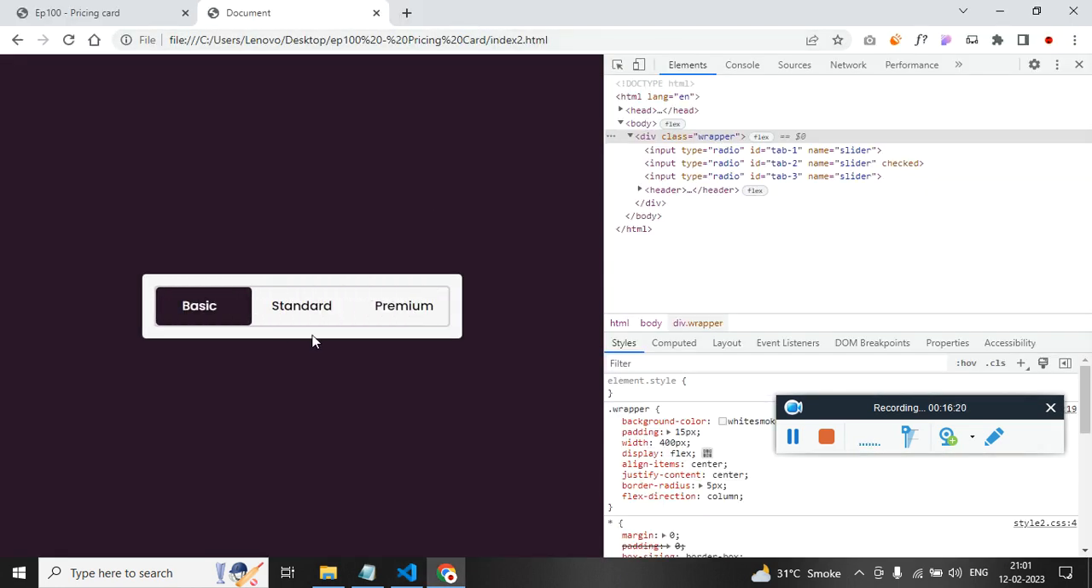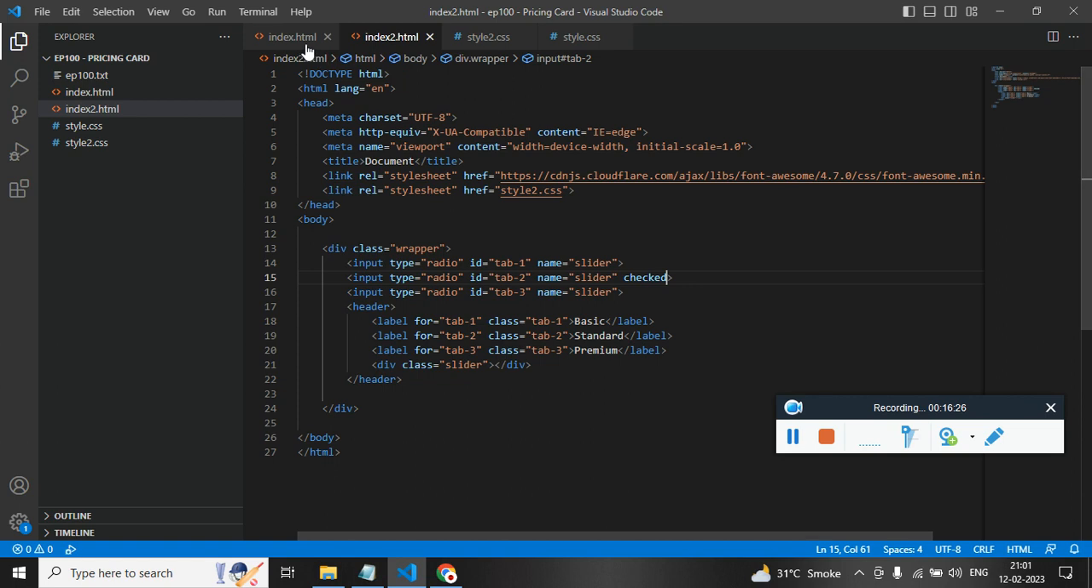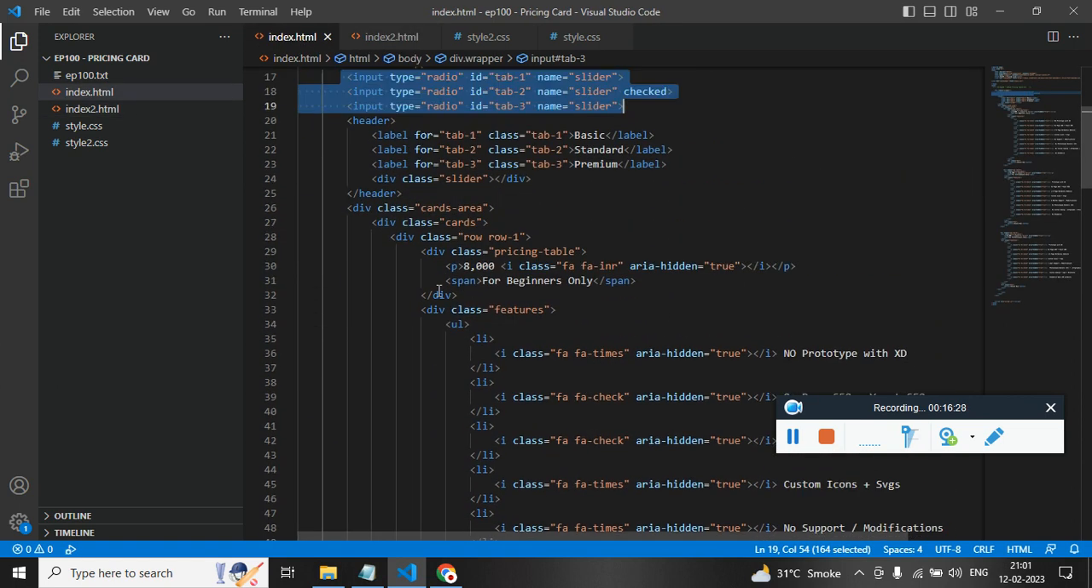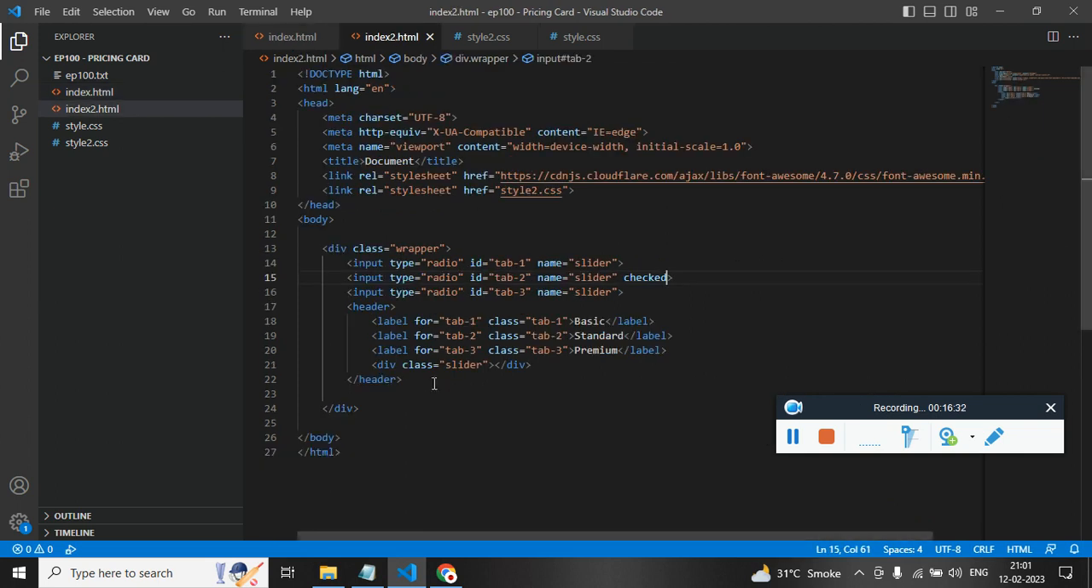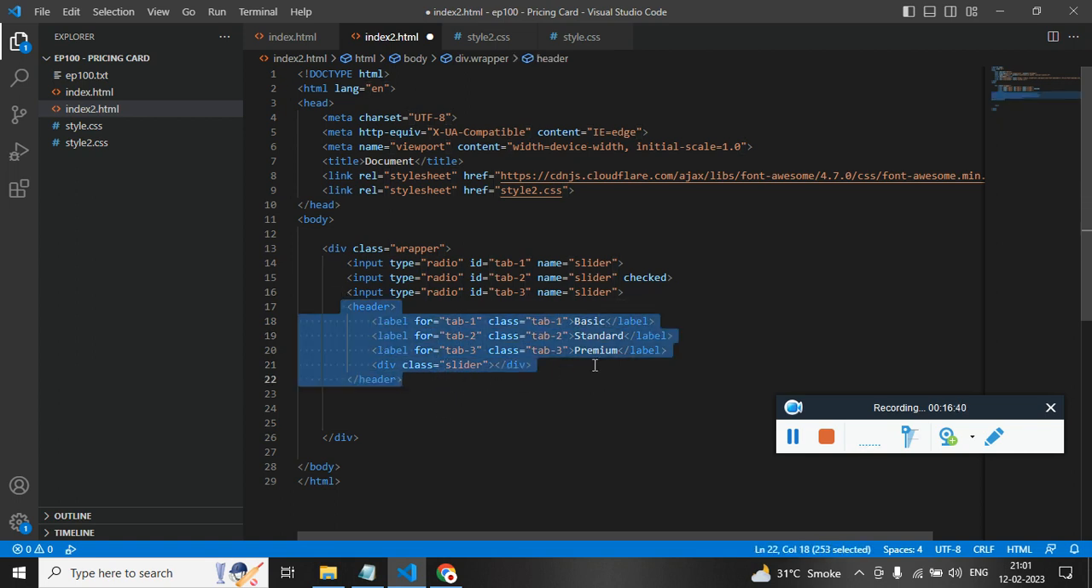Now it's time to paste the HTML for the pricings. So let's just copy the first one. We have to place this just after the header. We are going to use the same trick that we have done for the label. The same trick we are going to apply for the cards